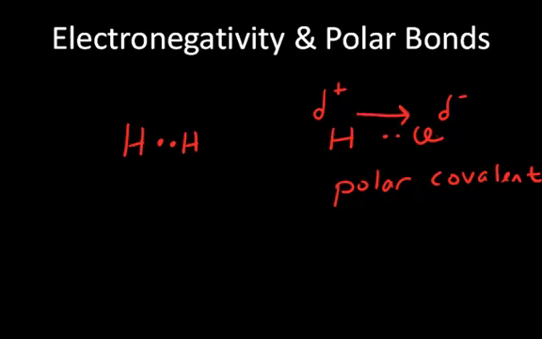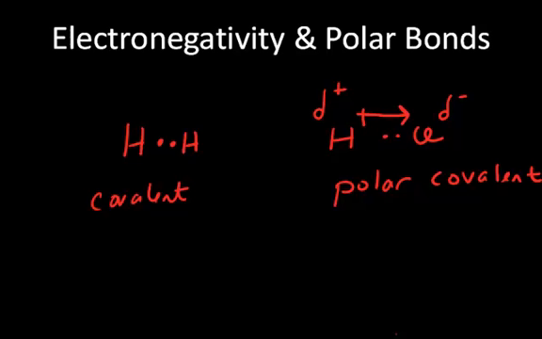There's also a vector used, pointing in the direction of the atom in which the electrons tend to reside. So in this way, we now have a pure covalent bond where the electrons are equally shared and there's no partial charge on either atom, or a polar covalent bond, polar being two poles, a positive pole and a